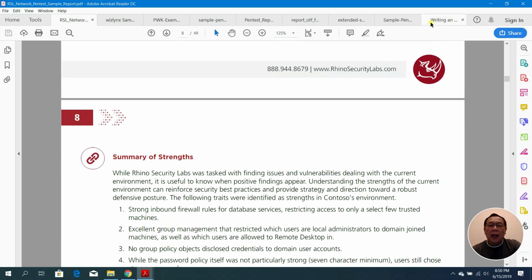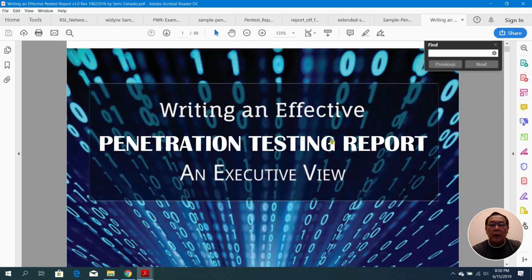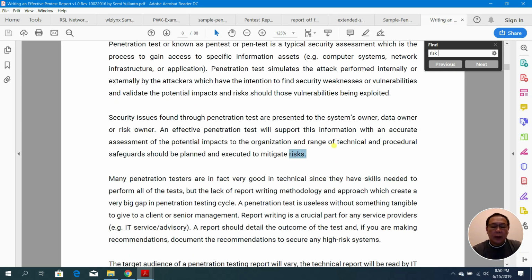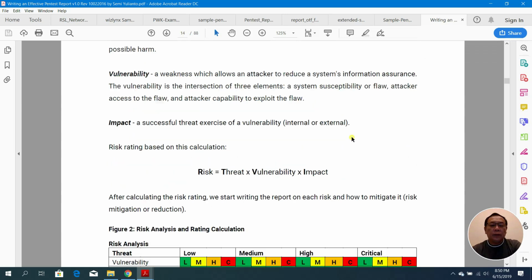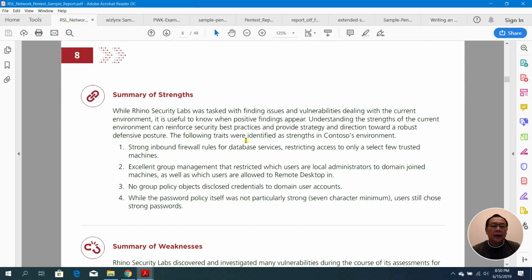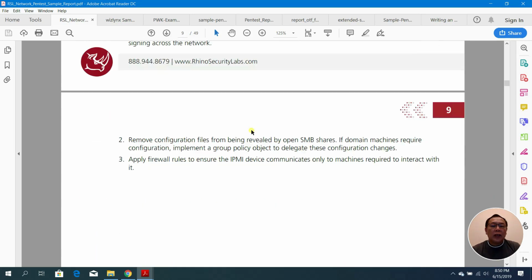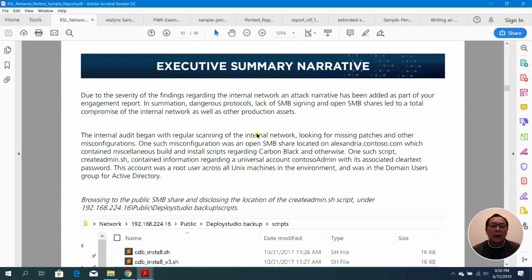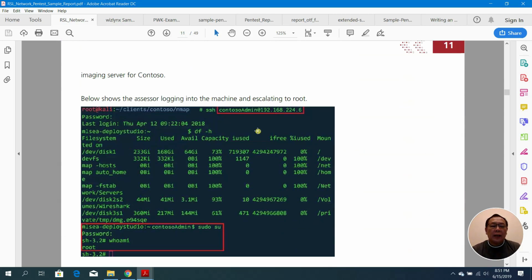Which I also discussed in my report. Let me just show you, let me search for risk. Yeah, the risk management. So I use this one. This is actually based on SANS best practices on how to calculate the risk. We have different approaches. And then a summary of strengths, summary of weaknesses, strategic recommendations, and they also provide a narrative executive summary,